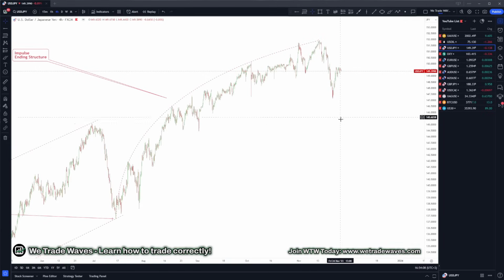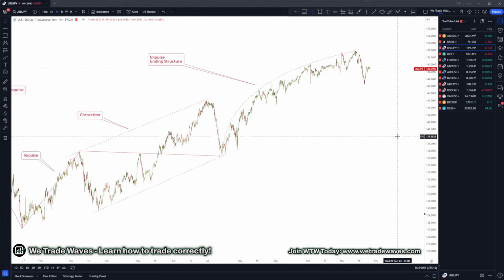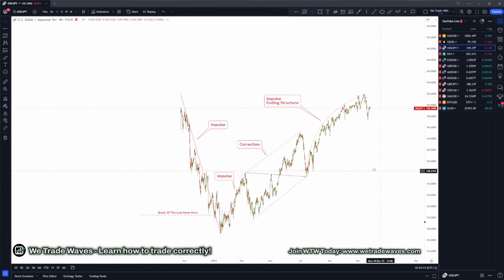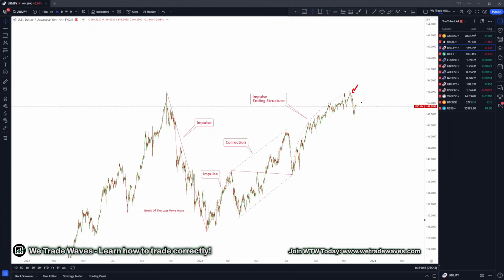If you are in the buy, make sure to move your stops and manage your trades. In all the cases, if you are following us for the drop, you must have made money. And if you are following us for the buy, you must have made money as well. So that's the power of reading the structure, knowing what market will be doing next, and why market is pushing